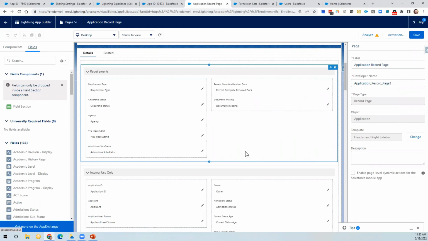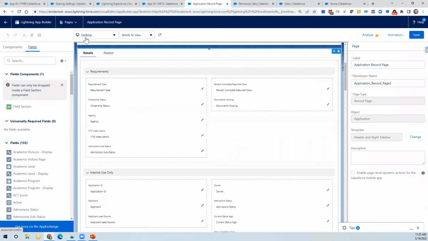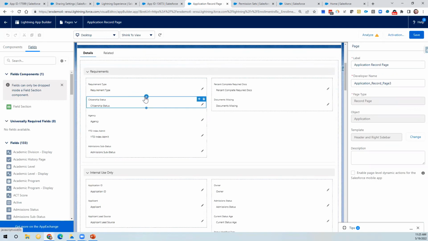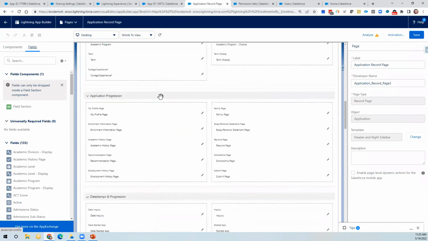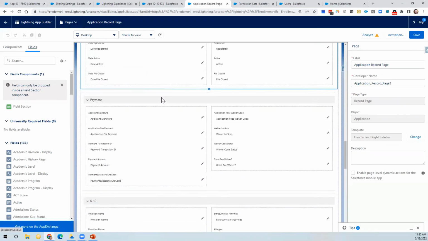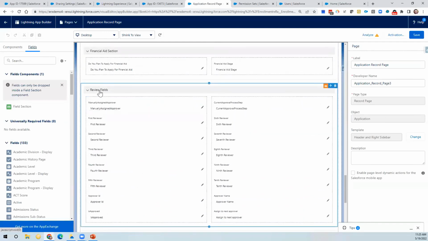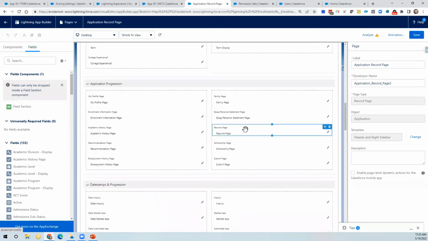And so this gives you a lot more granular control of what can show, because historically you couldn't use a value like admission status, as an example, to hide or show something. So here, I can scroll down, and if I go down to the review fields, there's this little eye icon. If I click on that,